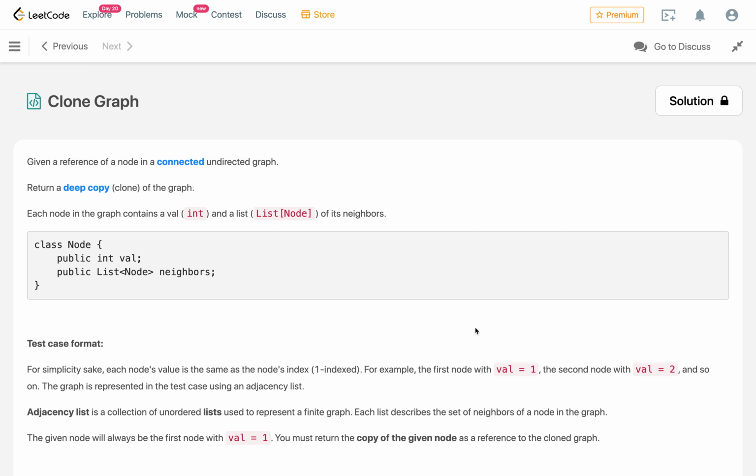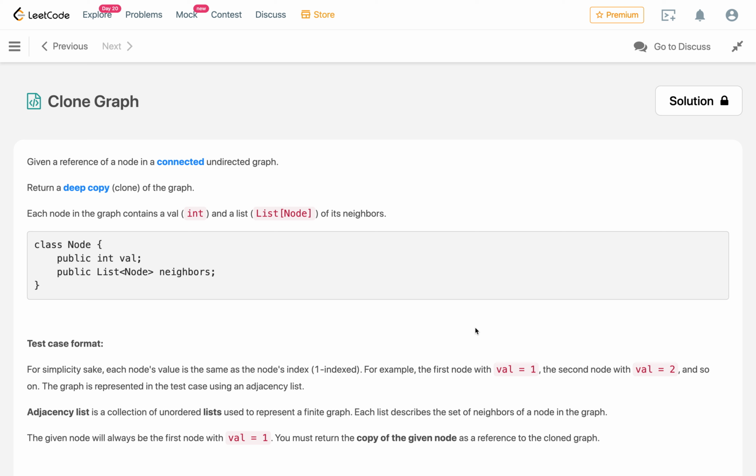Today in this video we are solving the problem clone graph. This is very famous in interviews, as well as the other data structure cloning problem, and cloning a list with random pointer is also very famous. That problem is asked in Google, Microsoft, Facebook and all of the big giant companies.